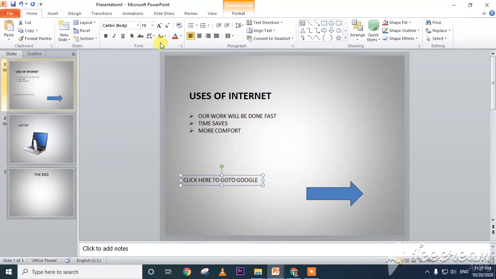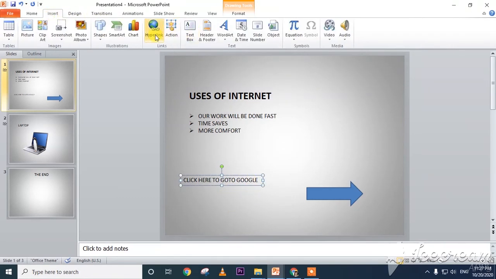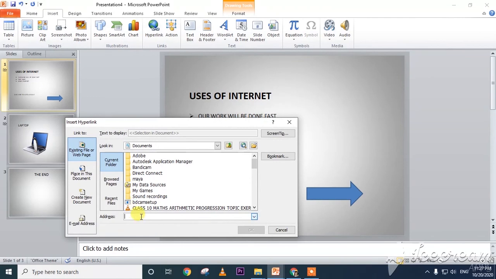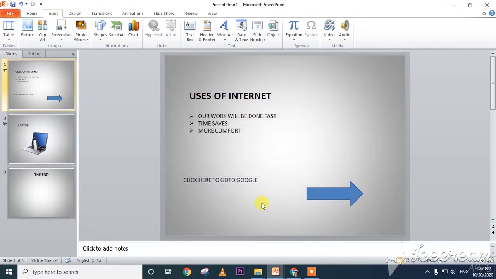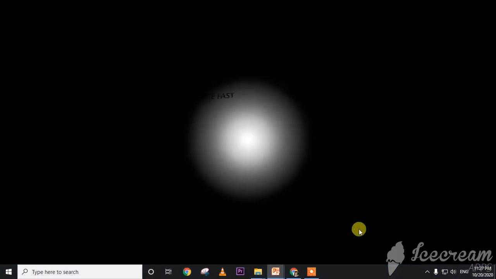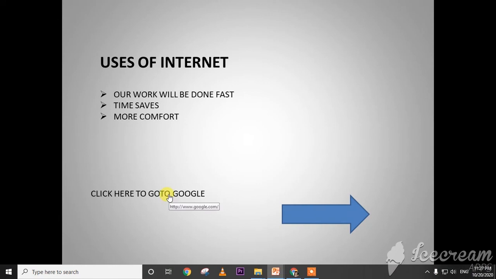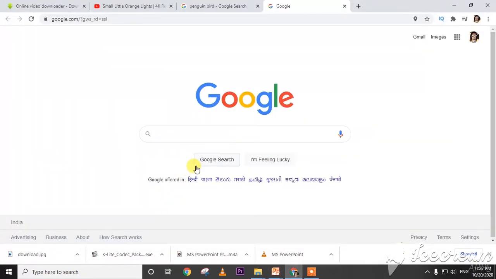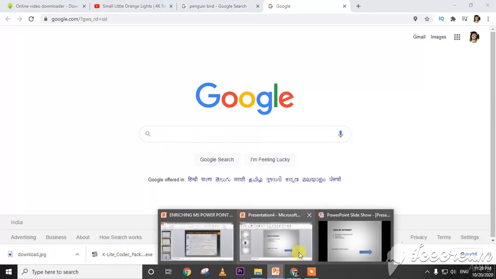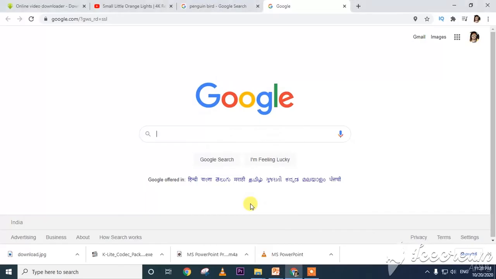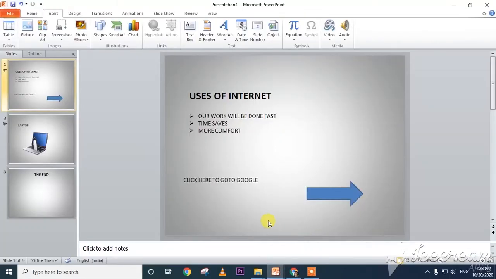So I written this one and select this one and insert, click on hyperlink, and here you need to give the right address, www.google.com and click on OK. Now see it's working or not. Slideshow. See, when I click this one, Google should open. See, Google is open. That means the slide is working. So in this way you can insert the action button and insert the hyperlink also.